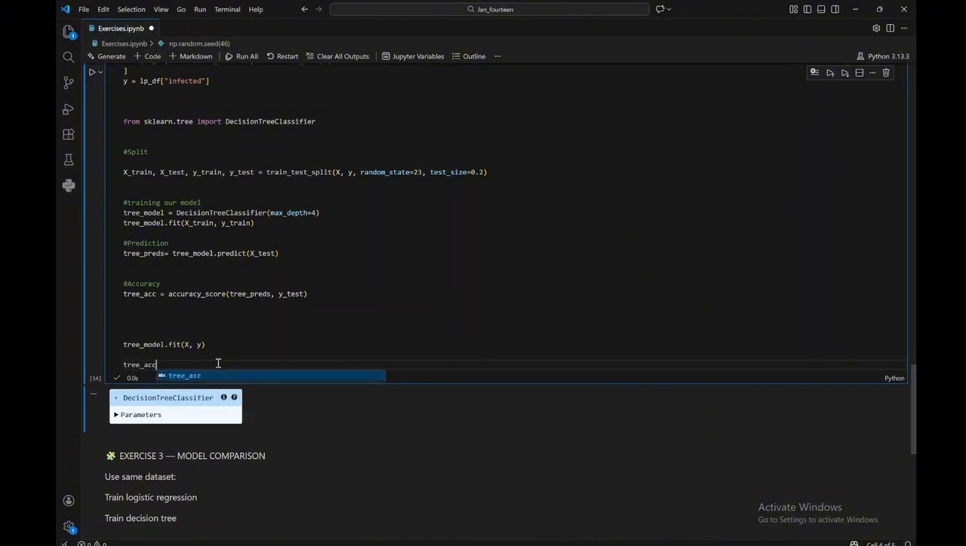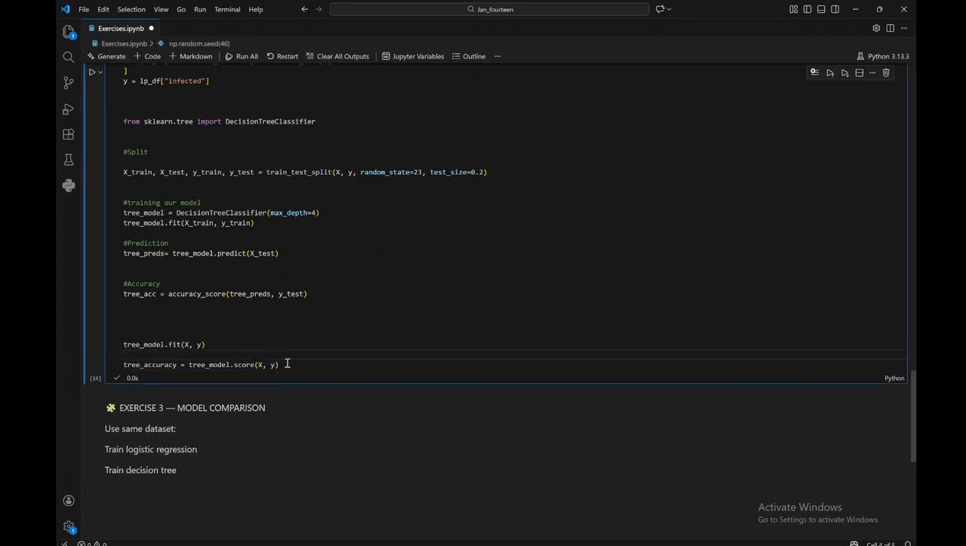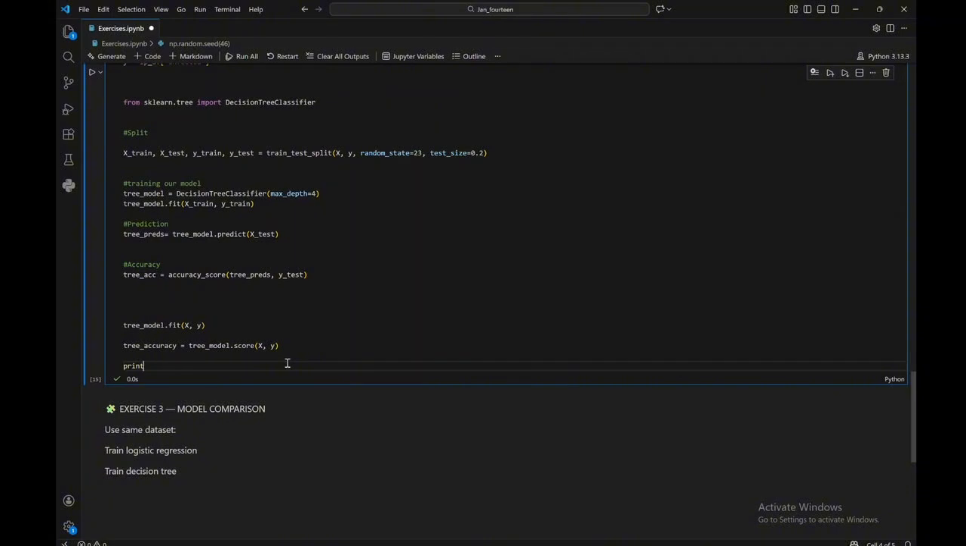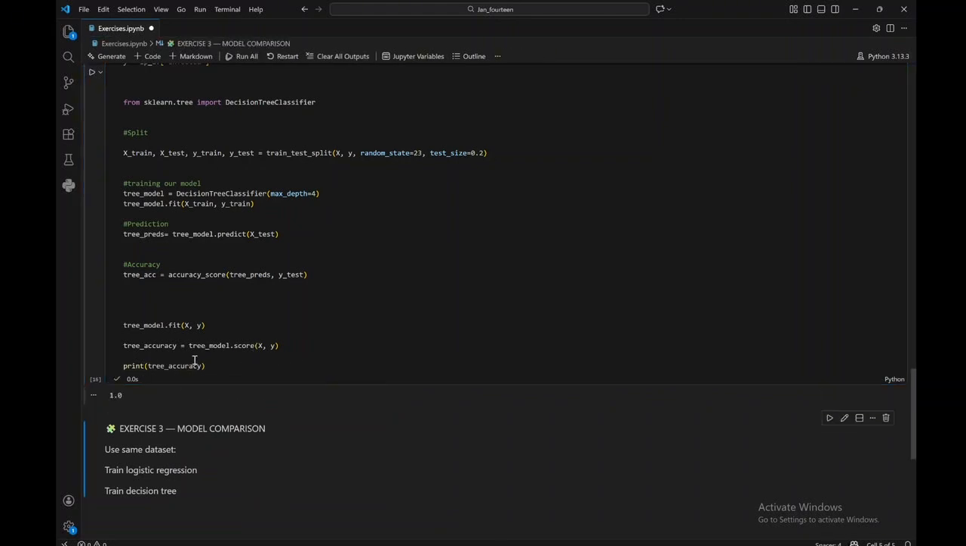We will say tree model dot fit, so we're passing in x and y. What this does is that it trains it with the whole data. So now for the tree accuracy, that's the accuracy of the tree, we can say tree model dot score, then we can pass in our x and y. I think that works. So we can actually print